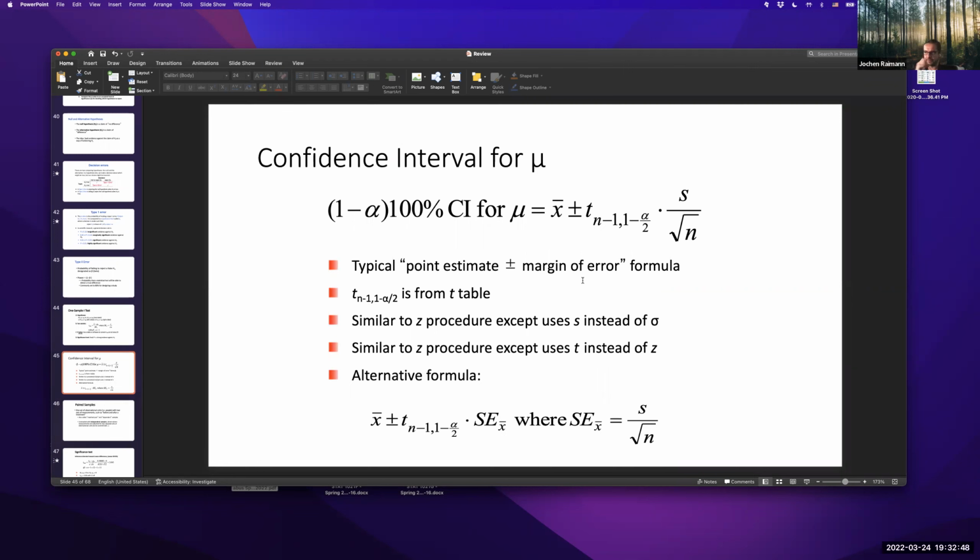Confidence intervals are done in the same way. Please don't confuse the z-scores with the t-scores. Make sure that you understand that when you have a t-distribution, you need to use the t-value to estimate and set the confidence interval. So when you are asked for the calculation of the confidence interval, make sure that you know whether you're in a population on a normal distribution, on a z-distribution, or you need to employ a t-distribution. This distinction is very important because with your varying degrees of freedom, you will have different critical values for the calculation of your confidence interval.